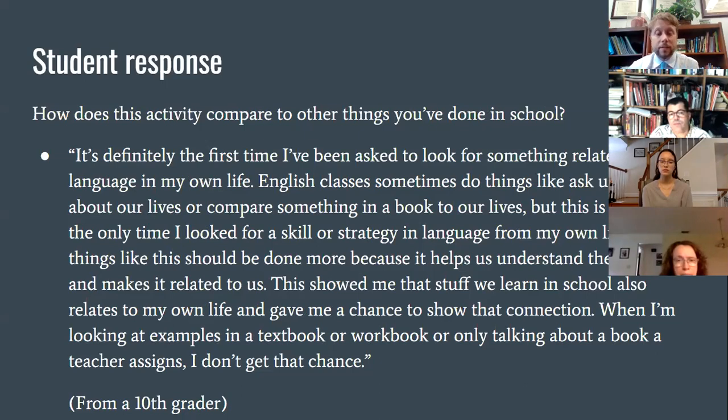And then she goes on to say that the material that's learned in school can relate to one's own life, and it creates an opportunity to show that connection. And then that last statement, when I'm looking at examples in a textbook or workbook that a teacher assigns, I don't get that chance. And I think that's a really important call, basically, for culturally relevant teaching, that as we as teachers create opportunities for our students to engage with content, we should look for ways to engage that content in meaningful, identity-focused ways